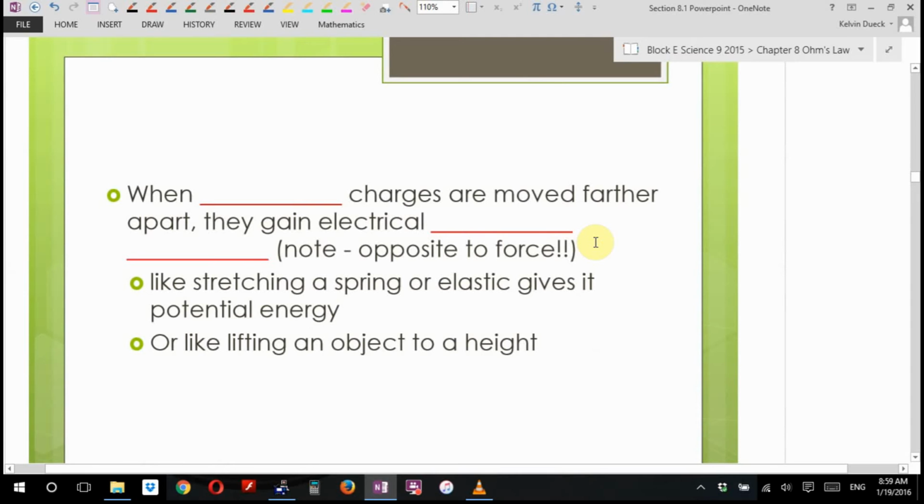Oh, he's still here. Just moved over one. Wait, Nick, like charges repel, unlike charges...